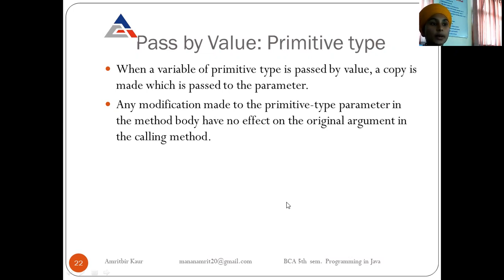Any modification made to the primitive type parameter in the method body has no effect on the original arguments in the calling method. So when we pass a value, and if some modifications are done in the method body, the modification will not affect the original arguments.